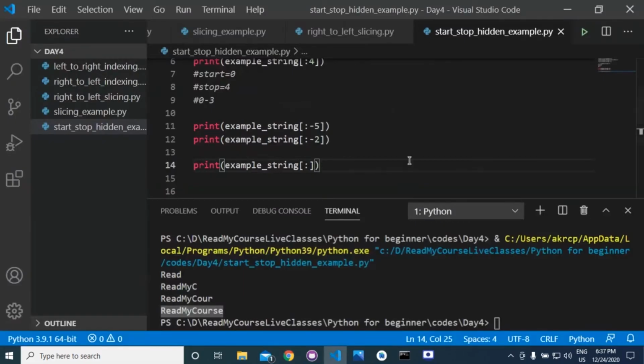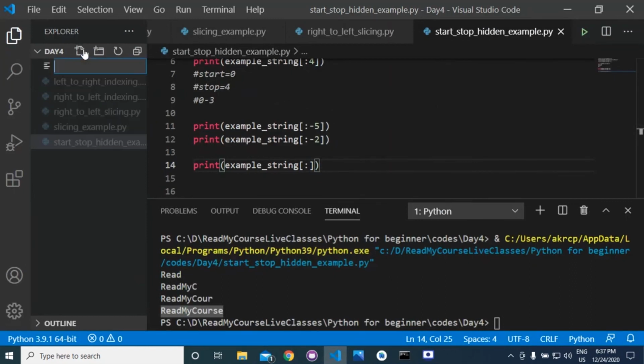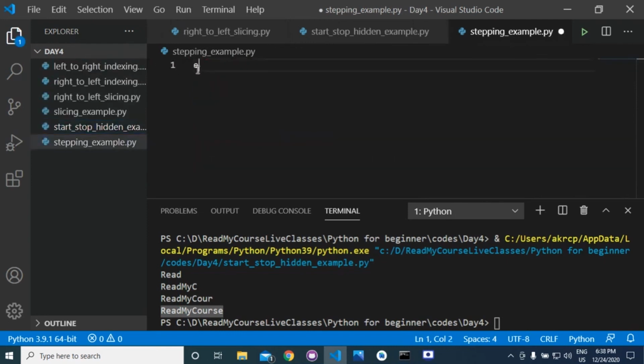Suppose I want to give you an example of this stepping. Suppose we have an example string equal to read my, okay. So first capital A, and then small b, then capital C, then small d, then capital E, then small e.